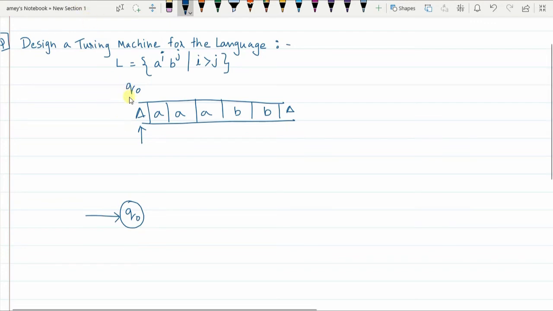Now the strategy that we are going to use is, every time, I will mark an A. Marking A means deleting A, and then I will go on ignoring all elements on the way. Then when I reach the end of the string, that B I will mark. Again coming back, I will mark A, then I will mark B, and so on. Finally, for a particular A, if there is no matching B remaining, that means the string should be accepted.